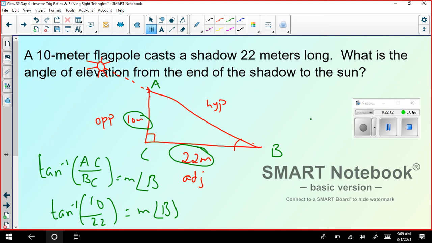To get tan inverse, click on second and the tan button, and then substitute 10 divided by 22 in the parentheses. You will get 24.444. Okay, so the measure of angle B is going to be